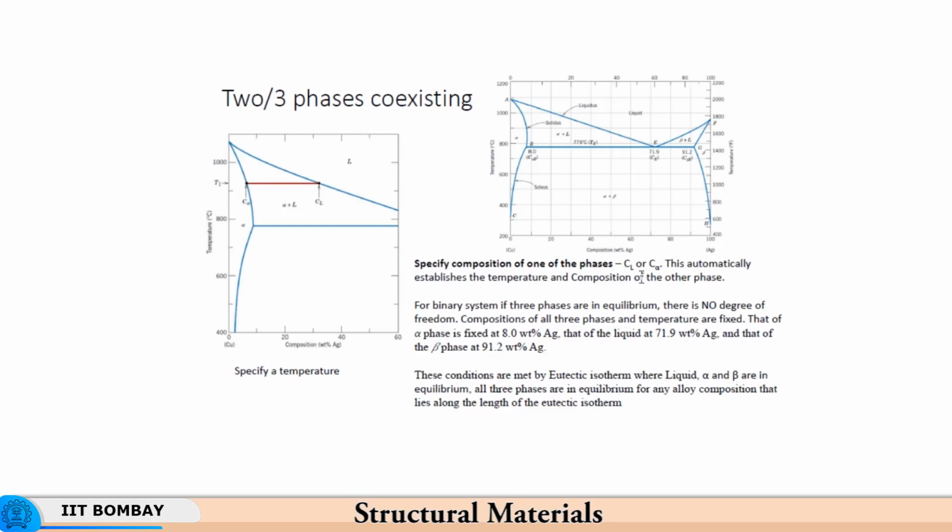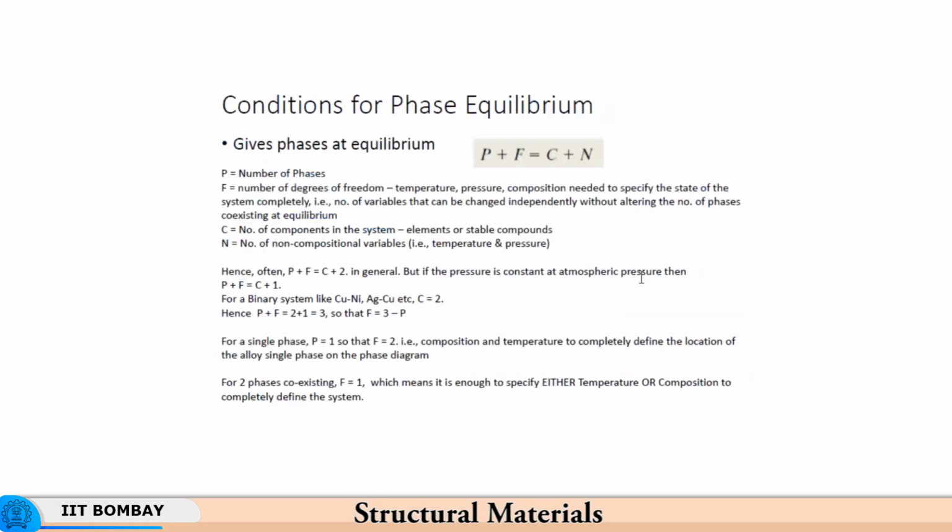For a binary system, if 3 phases are in equilibrium, as is the case in eutectic, binary system means the chemical composition is of 2 elements A and B. So, you have iron and carbon in case of the iron carbon system. The 3 phases which are in equilibrium are liquid, alpha and beta, right. And therefore, there is no degree of freedom that is needed to be specified, because at the eutectic point, you see, according to this